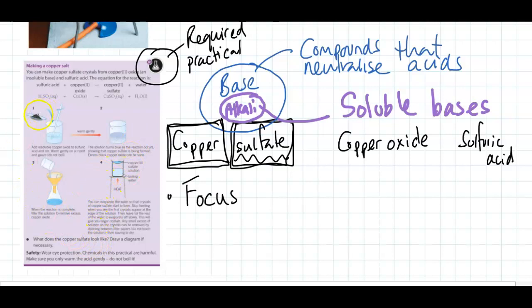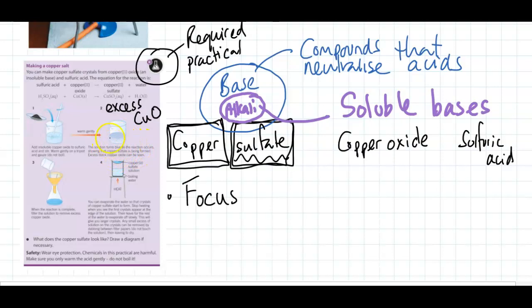Okay, we all want to be getting the right facts and the right sequence of events and explaining what's happening in each sequence. Okay, so adding the base, copper oxide, to warmed sulfuric acid, stir. Keep adding copper oxide, remember that key point. We want excess copper oxide, and we want excess copper oxide so that we know that the acid has been